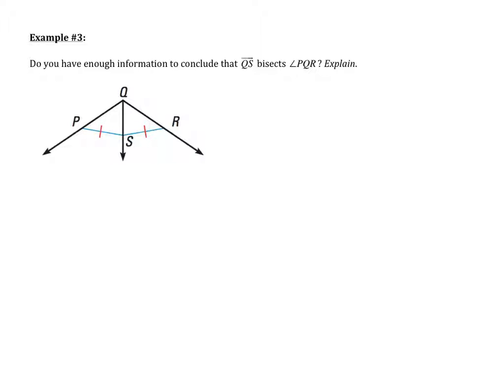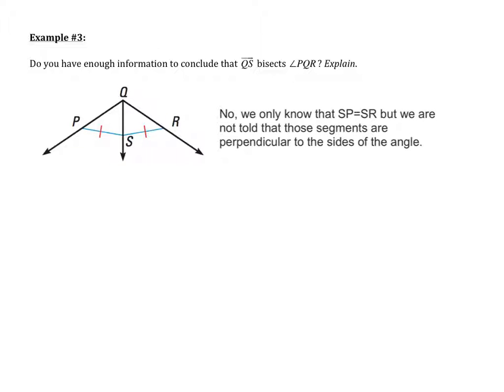In order for us to conclude that ray QS is the bisector of angle PQR, we need to know that point S is equidistant to the sides of the angle, but we also need to know that those segments are perpendicular. So no, I do not have enough information. We only know that SP is equal to SR, but we are not told that those segments are perpendicular to the sides of the angle. If we were told that they were perpendicular, then we could conclude that ray QS is the bisector of angle